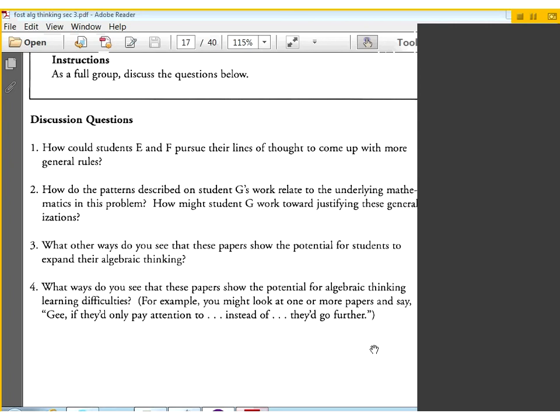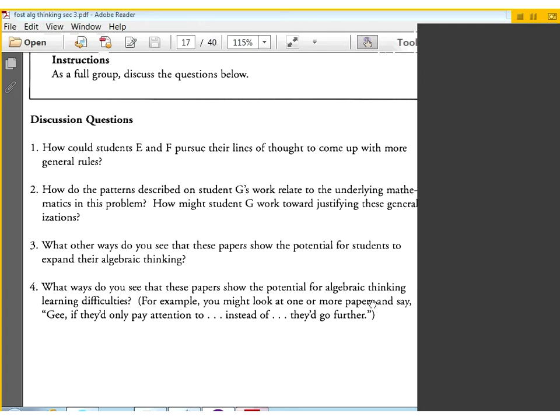Is there any other way that students E and F could pursue their thoughts to come up with more general rules? And if you're listening to this at home, think about these questions as well and write up at least a couple sentences about one or two of these questions. Or if we move on to the next question, or Warren, if Martha has anything to interject, just let me know